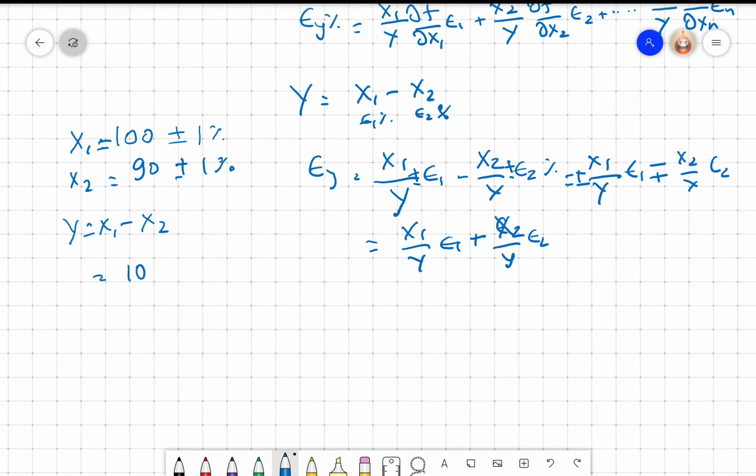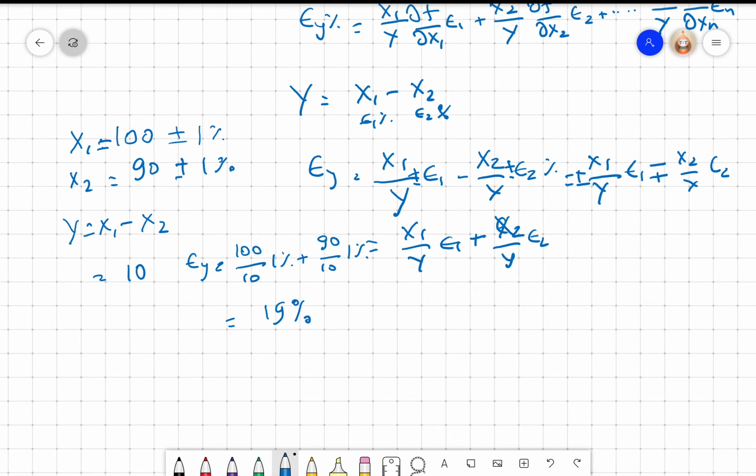But what is the error? Epsilon y would be 100 by 10 into 1% plus 90 by 10 into 1%. So this is 10%, this is 9%, that is 19% error,